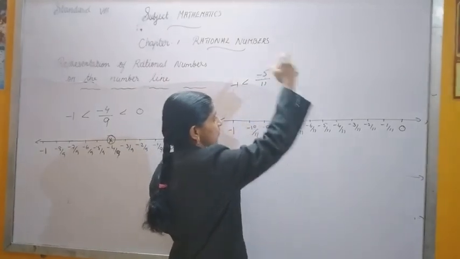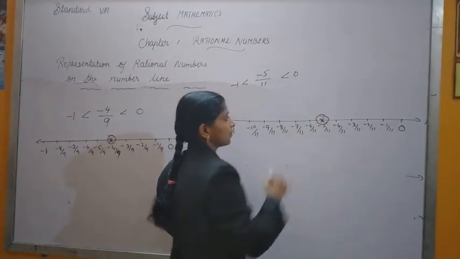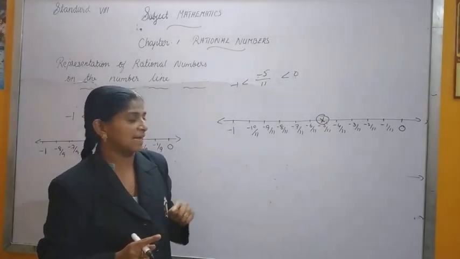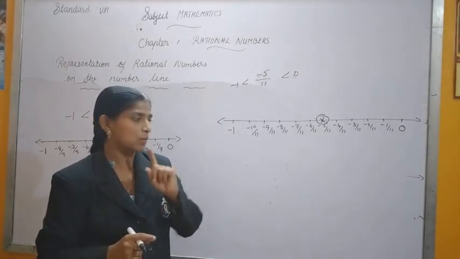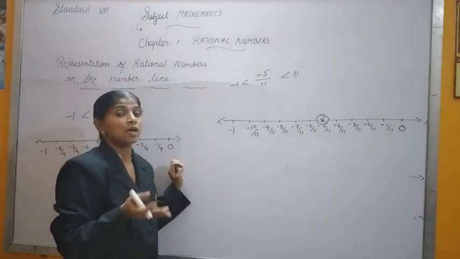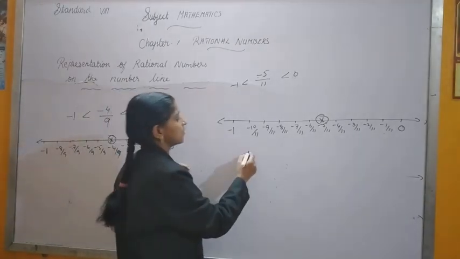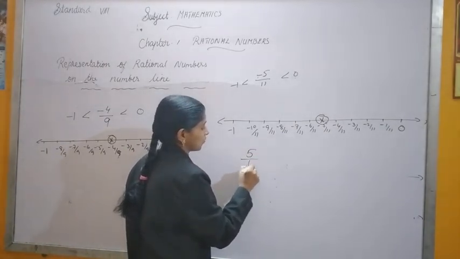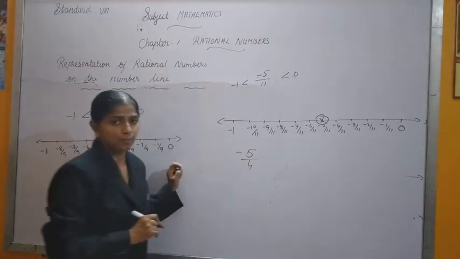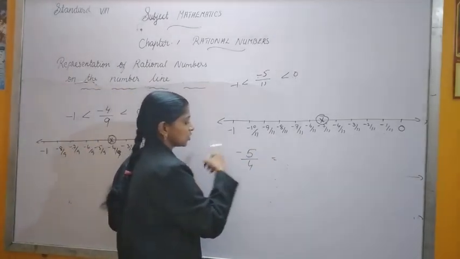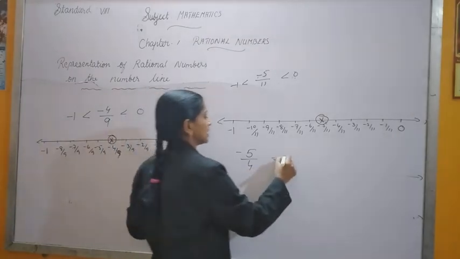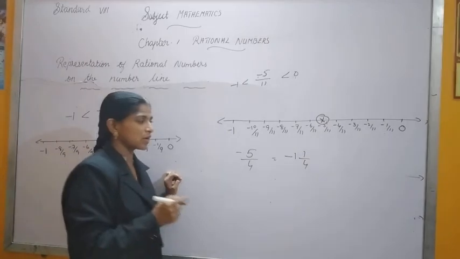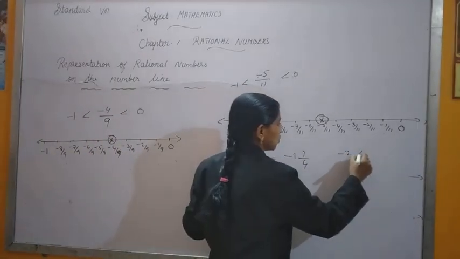Now represent minus 5 upon 11 on the number line. So this way we can represent negative rational numbers on the number line. One more example: how to represent an improper fraction. For example, minus 5 upon 4 on the number line. Minus 5 upon 4, when we convert into a mixed fraction, we get minus 1 and 1 upon 4. Minus 1 and 1 upon 4 is between minus 2 and